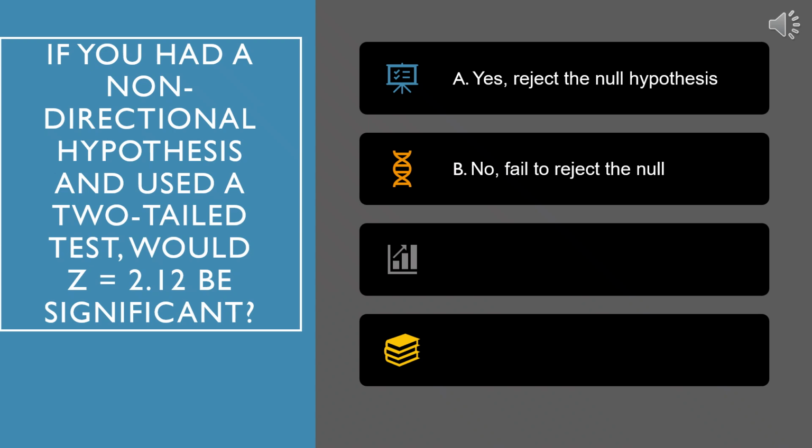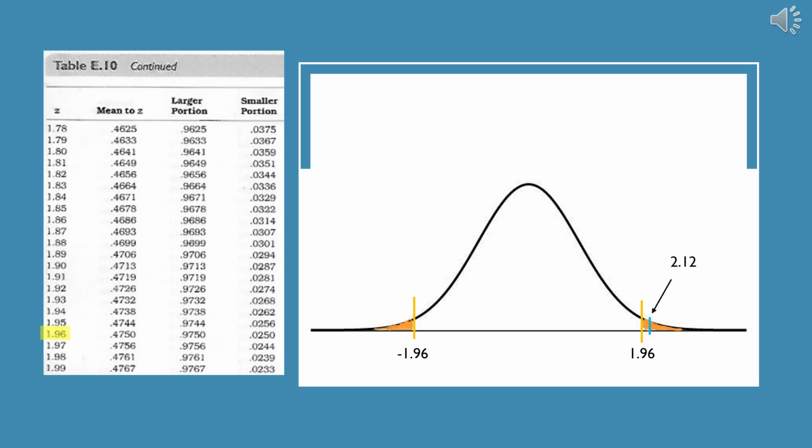Okay, if we did that, and we found a z obtained of 2.12, would that be significant? And what would you do with the null hypothesis? Well, in order to figure that out, you'd want to compare that obtained z-score against a critical z-score, and you look up critical z-scores from the z-table or the normal distribution table. If you have a two-tailed test, you need to look up a p-value of 0.025 because we split alpha, which is 0.05, in half